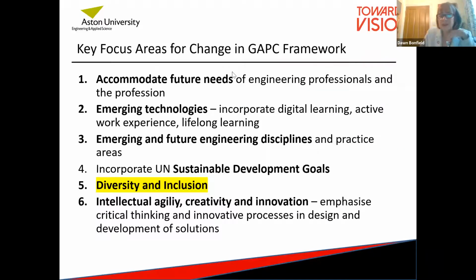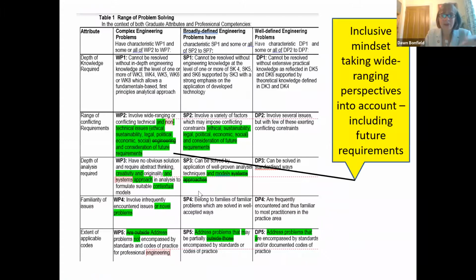One of the key focus areas for change in this framework is diversity and inclusion, and I couldn't be happier to see it being embedded so strongly. Now, I'm going to go through a number of tables really quickly here. These are the tables from the professional competencies framework. Obviously, you're not going to read what's on the screen, but in the yellow boxes,